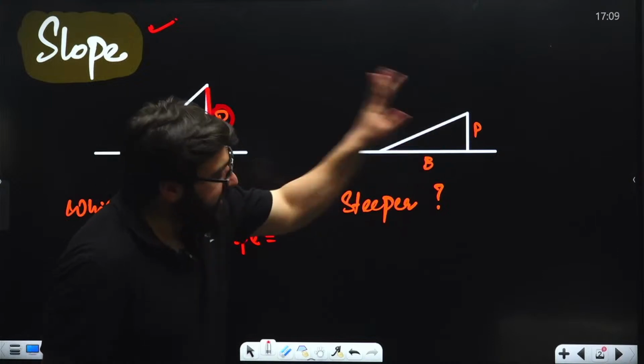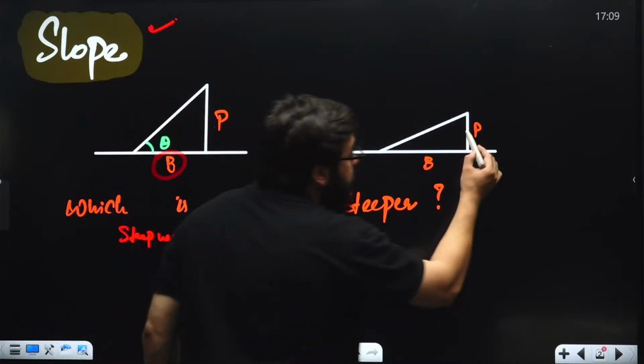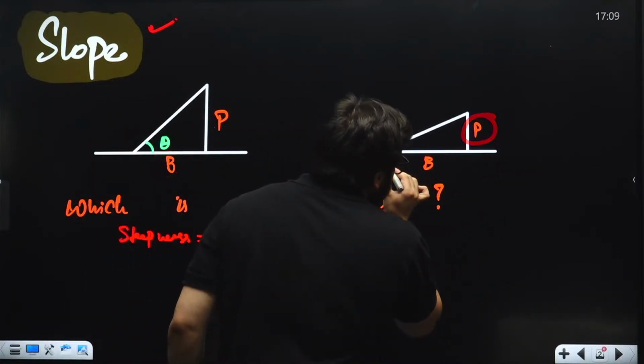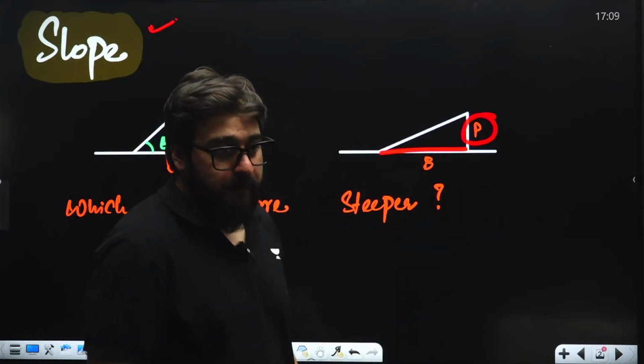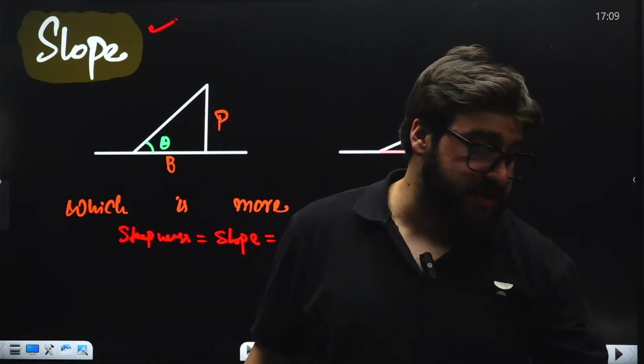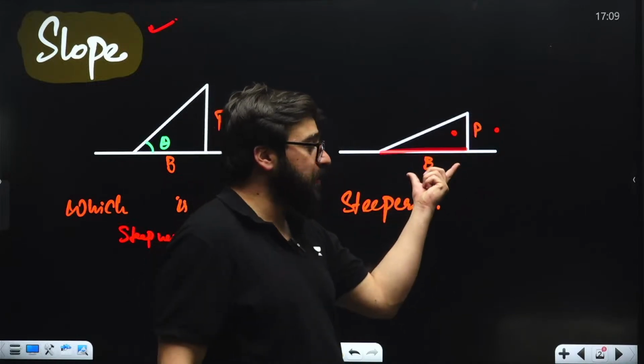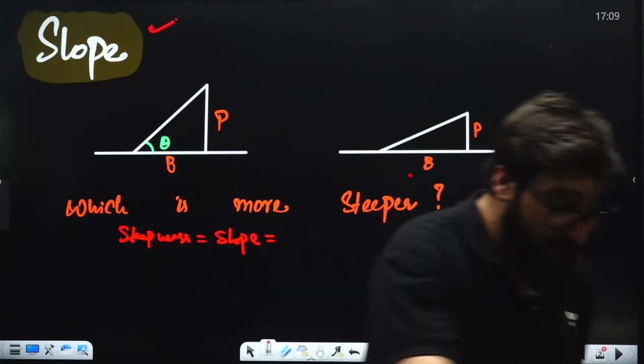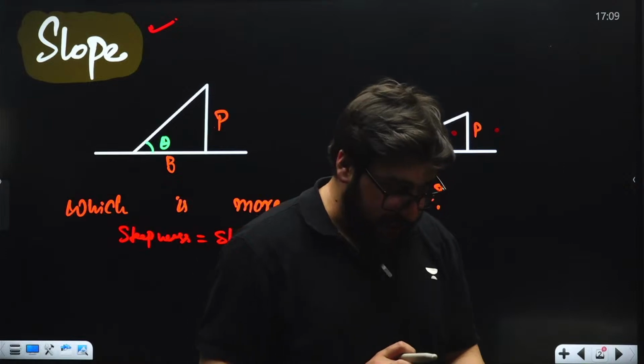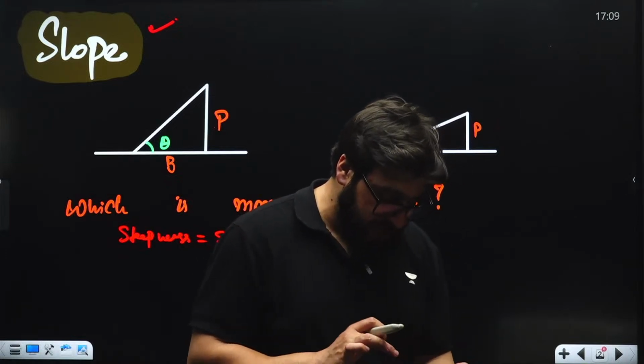But if you check in the next case, you see here perpendicular is more, but this base is less. Perpendicular is more, but the base, sorry, perpendicular is less, but the base is more. Now, can I say in this particular case, my dear friends,